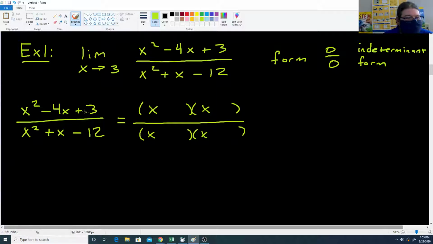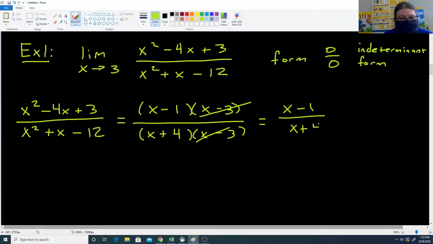Let's see, two things multiply together to be 3, add up to negative 4. It's going to be a negative 1 and a negative 3. Two things add up to 1x, multiply together to a negative 12. So that's plus 4 and minus 3. So our minus 3's cancel. And we get that this expression here is equal to x minus 1 over x plus 4 for x not